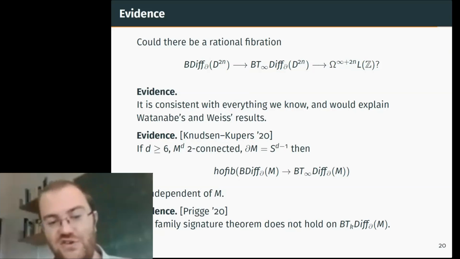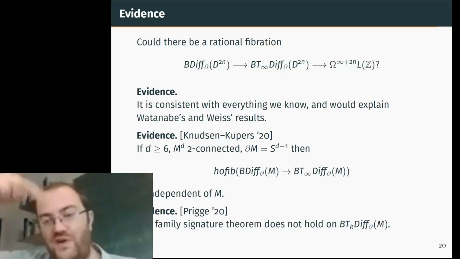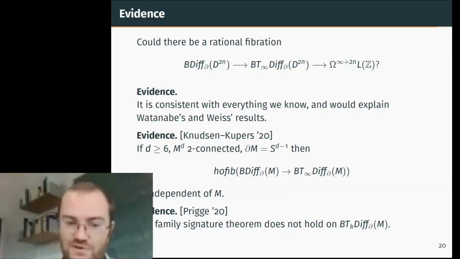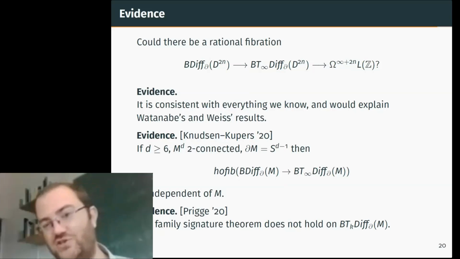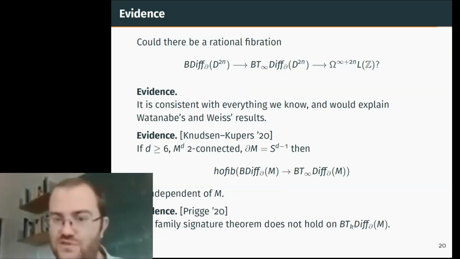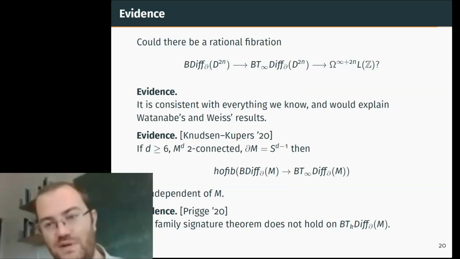The family signature theorem is similar in spirit. It says if you have a fiber bundle with fiber some manifold, on the one hand, you can associate a local system of intersection forms given by the intersection forms of the fibers, and you can attach a characteristic class to that. And on the other hand, you can attach a certain integral, a fiber integral of a certain polynomial in Pontryagin classes. And the family signature theorem says that for fiber bundles, these agree. So in other words, on B diff, these two things are the same.